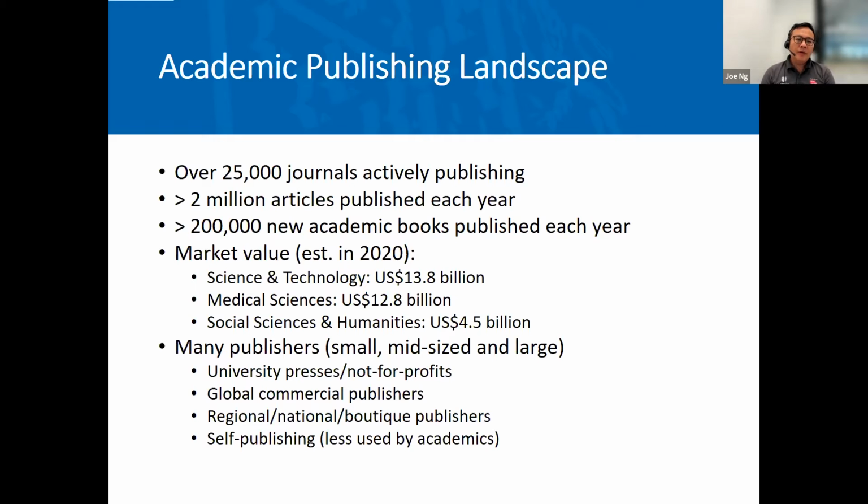The market value in terms of revenue is actually quite large for the science and technology side of the publishing business. It's worth almost $14 billion in 2020. For the medical sciences, it's about 13 billion. And social sciences and humanities is much smaller, around $4.5 billion. Nevertheless, as you can see from the market value of academic publishing,